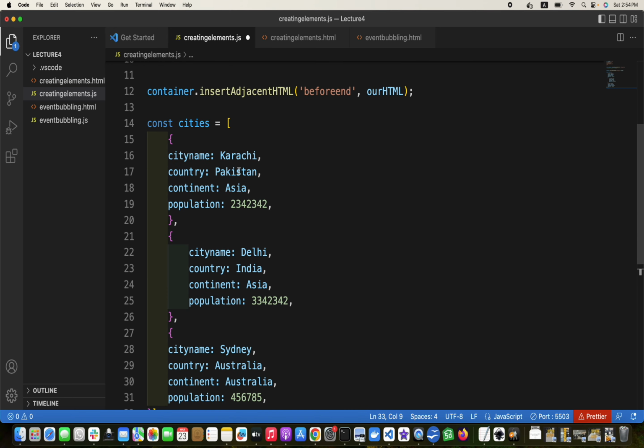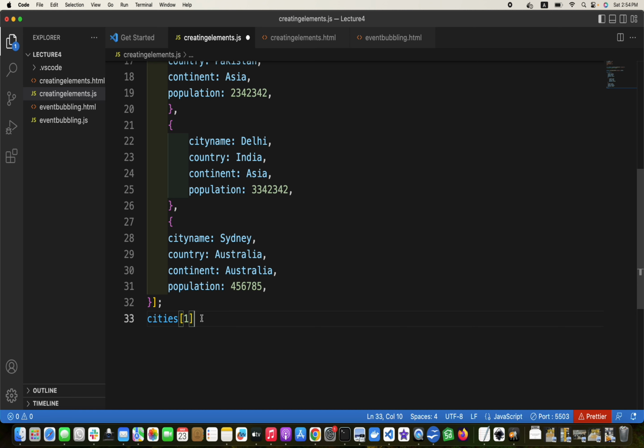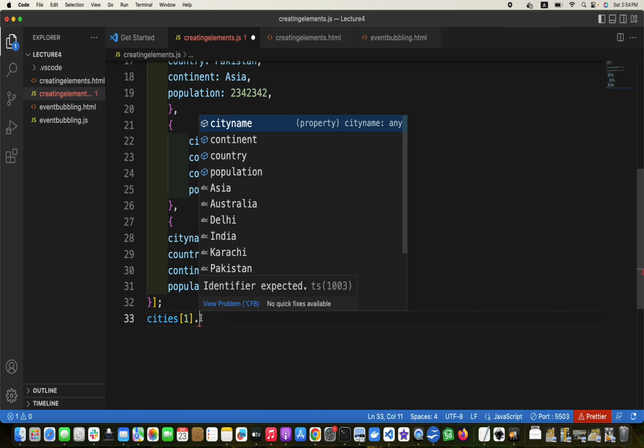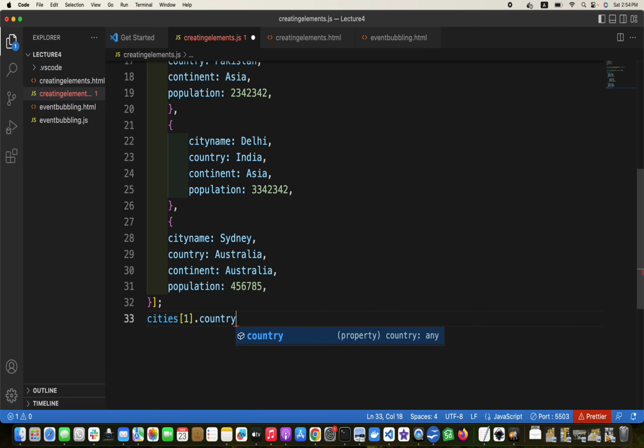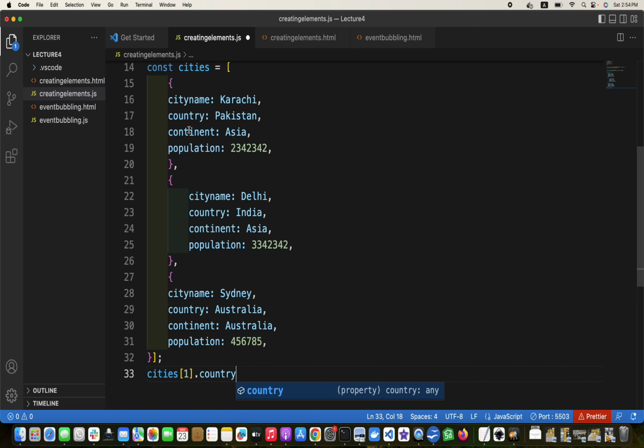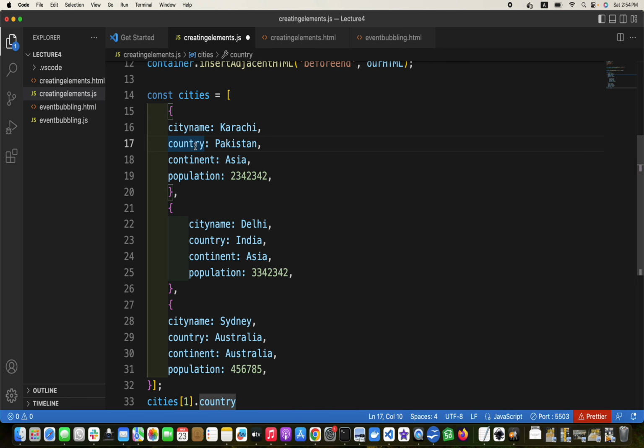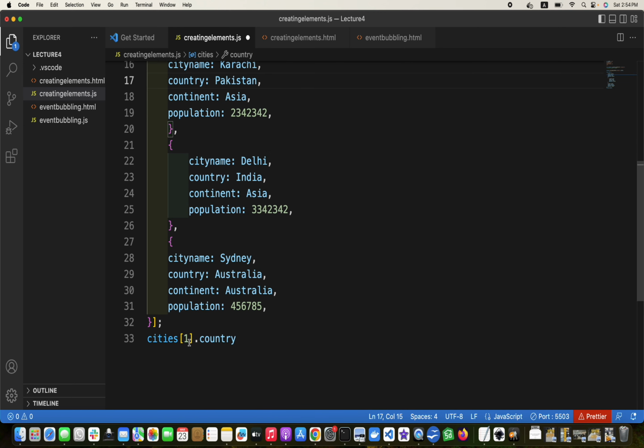So array starts with 0. So this is 0, this is 1, and then dot country. That's it. So it will be India. Similarly, if we are to search for country Pakistan, it will be cities 0 dot country, and so on. Is this fine? Okay, now we want to loop through all of this and create our HTML